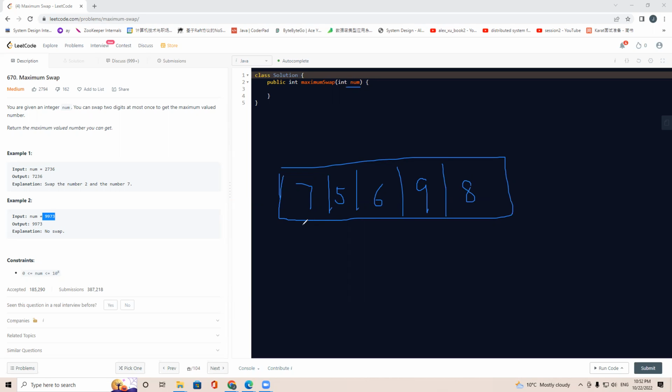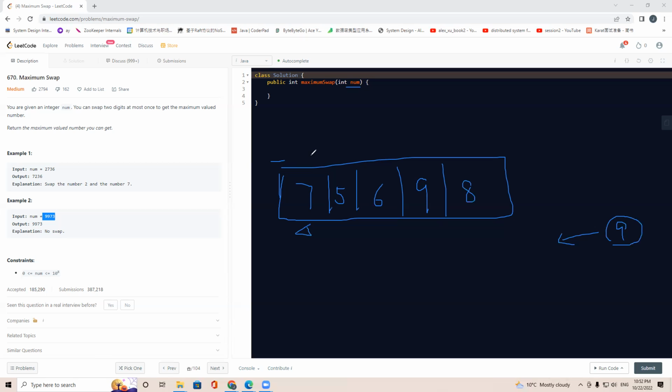So we go through the array from left to right, and at this 7, we try, from the right to left, to see whether we have a 9